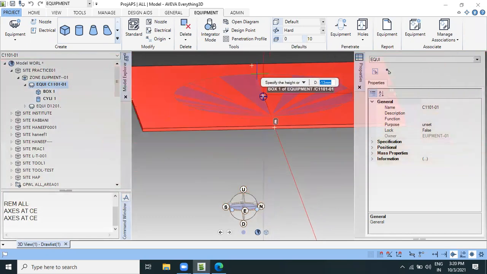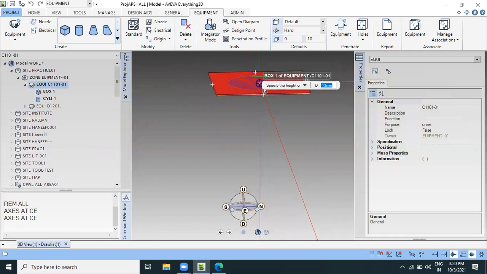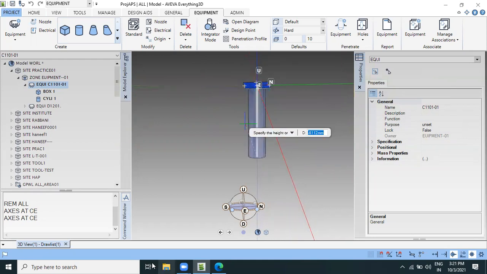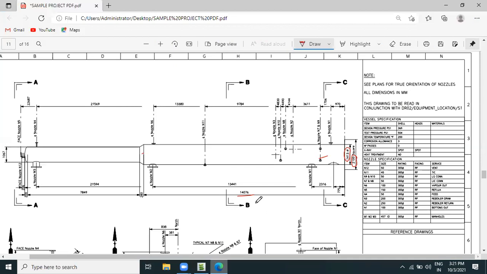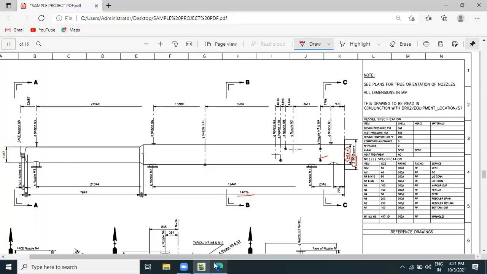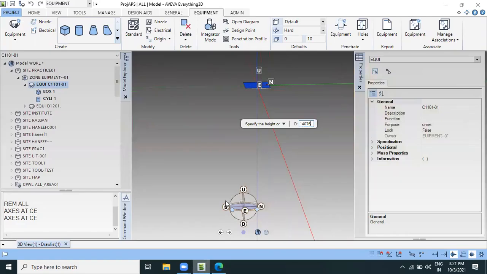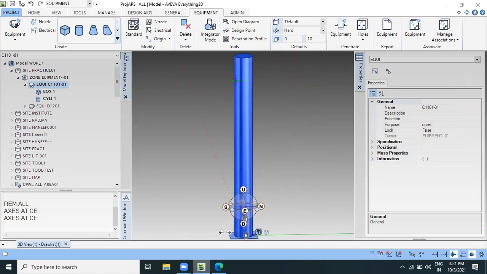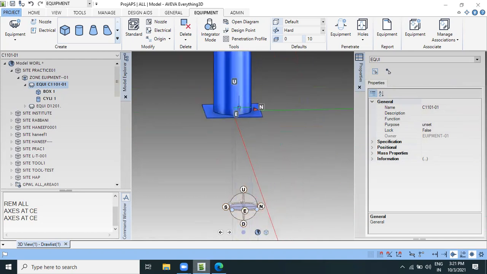They ask for the height, minus or plus. So what is the height of the cylinder? 14076. Then enter, then the model is created here. Right click and click extension to create it here on the top of the surface.